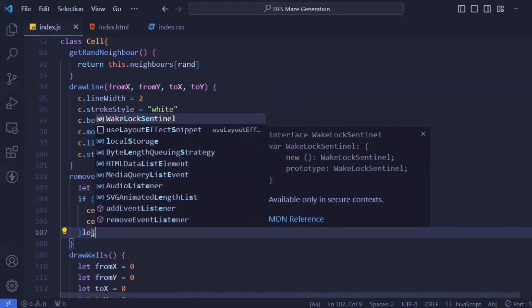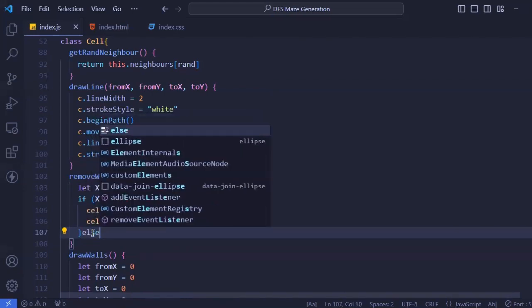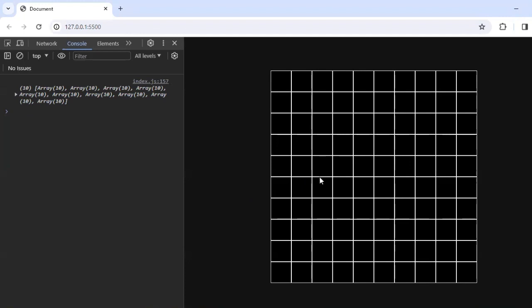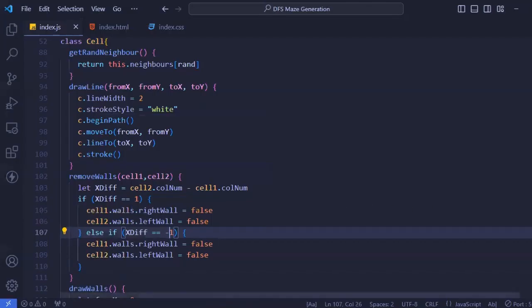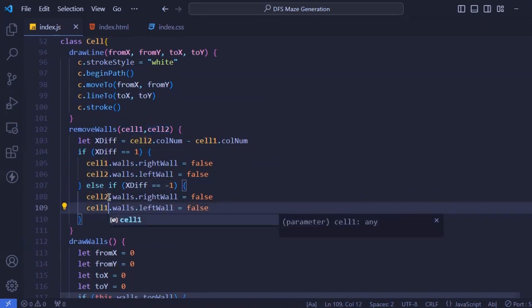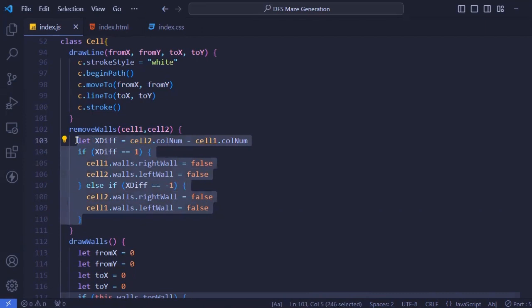It will be an else if xDiff is equal to -1, which in this case means that our cell over here is behind the actual cell. So suppose this is our target cell here, but our actual cell is behind here, which means we'll have to remove the backwards wall or the wall which is behind. And for that case, we'll just swap over their walls. So we'll be removing the right wall for cell 2 and the left wall for cell 1. We can now copy this over